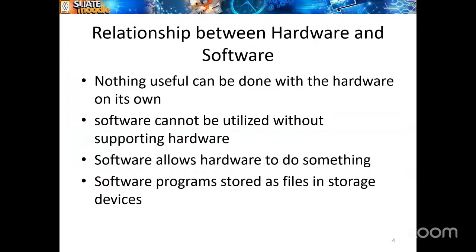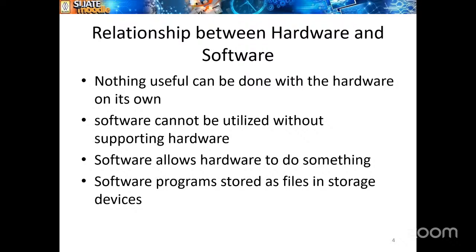The software will not run without the help of the hardware. So both are combined, and the hardware needs help from the software. The software also needs help from the hardware. So both hardware and software are combined. They need to work together. After that, they can perform and give us the proper output. So these are the functions, and these are the differences between the hardware and the software.